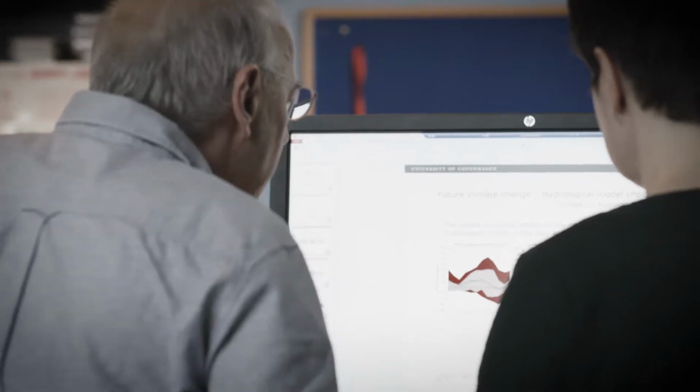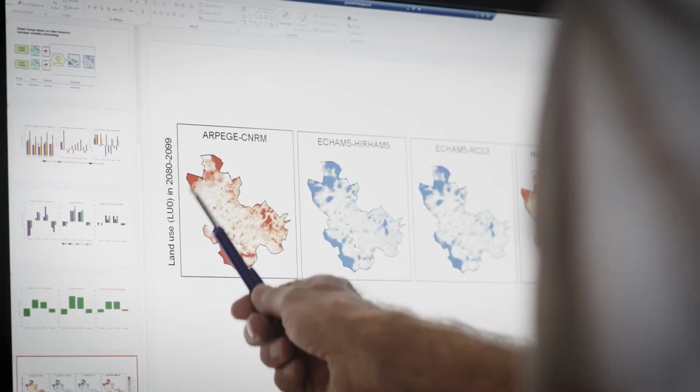Our research group is interested in predicting the hydrological impacts of climate change towards the end of this century. For this purpose, we are using the output from climate models, which we are then feeding into our hydrological models. Before doing so, we need to do bias correction because there are systematic errors and bias in the climate models.